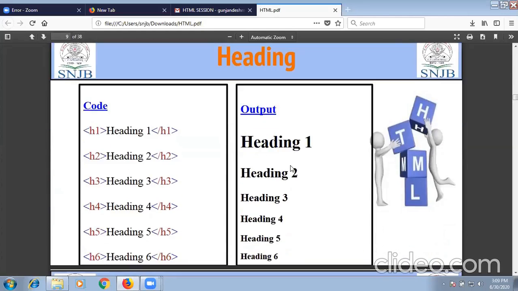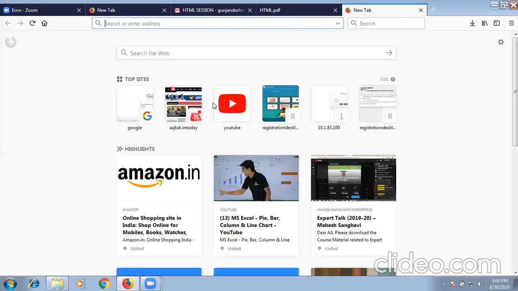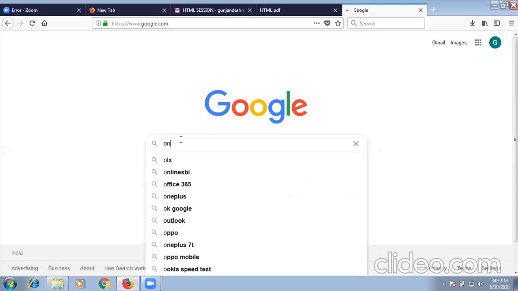Now we will start with the hands-on session. Those who are using a laptop, you can use Notepad for performing the code or the program. Those who do not have a laptop and are using mobile, just search in Google for online HTML editor.